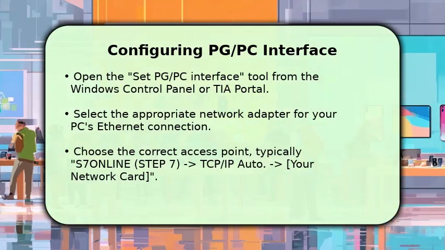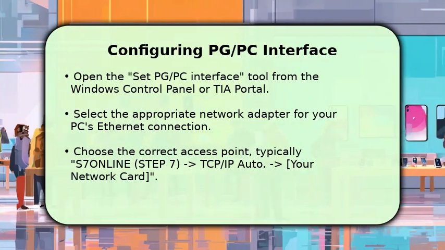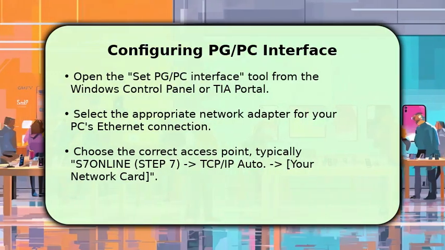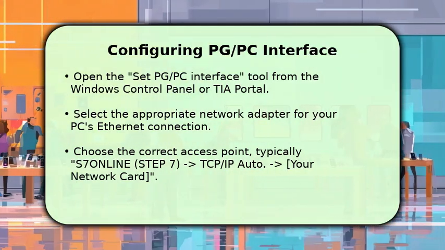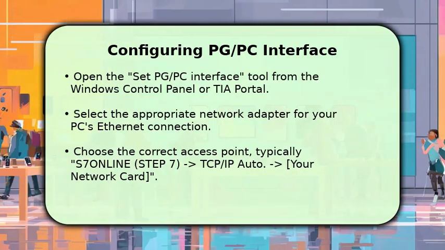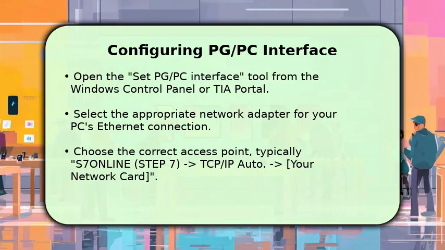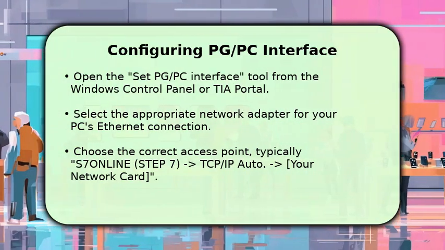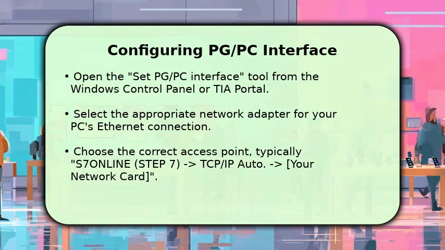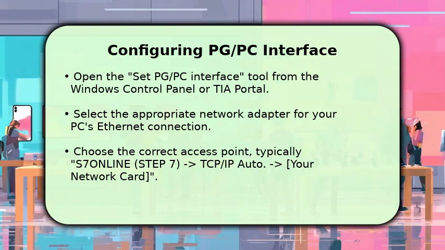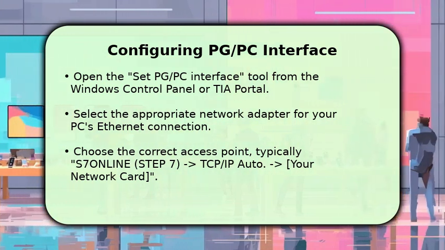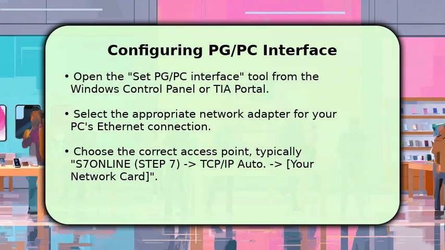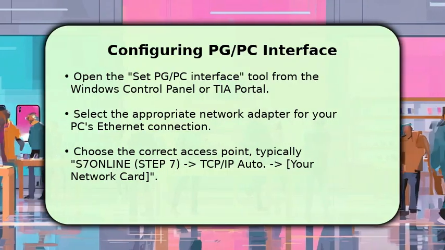The next critical step involves configuring your PG/PC interface. Access this tool either through the Windows control panel or directly within TIA portal. Here, you must select the specific network adapter your PC uses for the Ethernet connection to the PLC. Then, choose the appropriate access point, which is typically S7 Online, Step 7, TCP/IP Auto, your network card. This selection tells the software which communication path to use, ensuring your computer can properly see the